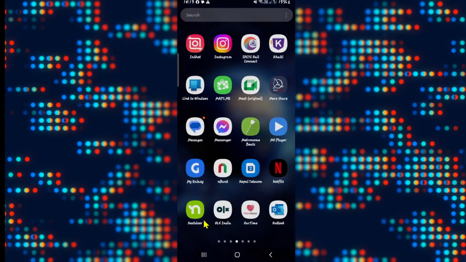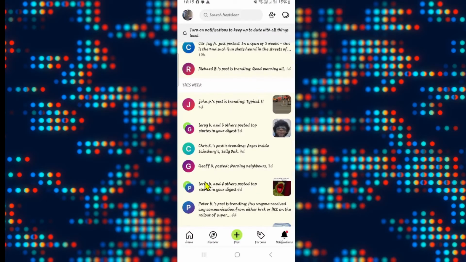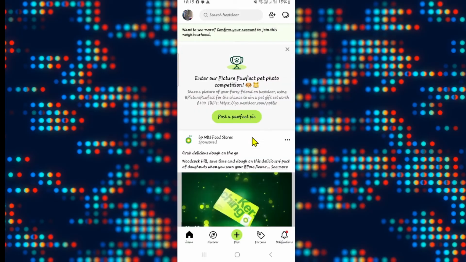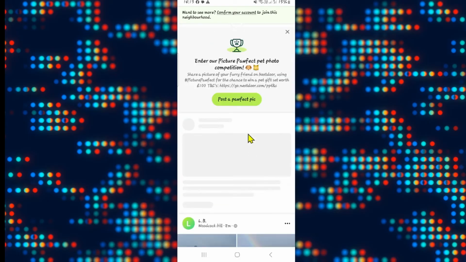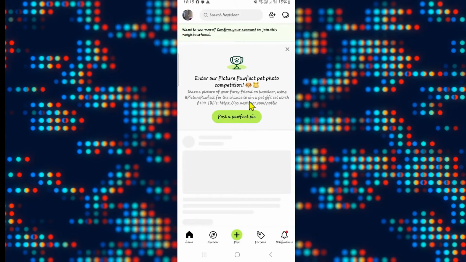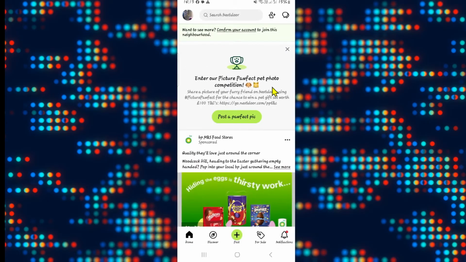Now, first of all, if you open up the Nextdoor application on your device, you might be asked to log into your account if you haven't done so already. So go ahead and use your credentials, including your email address and your password, and you will be logged into your account right away. Once you have been logged in, you will be taken into your homepage from which you